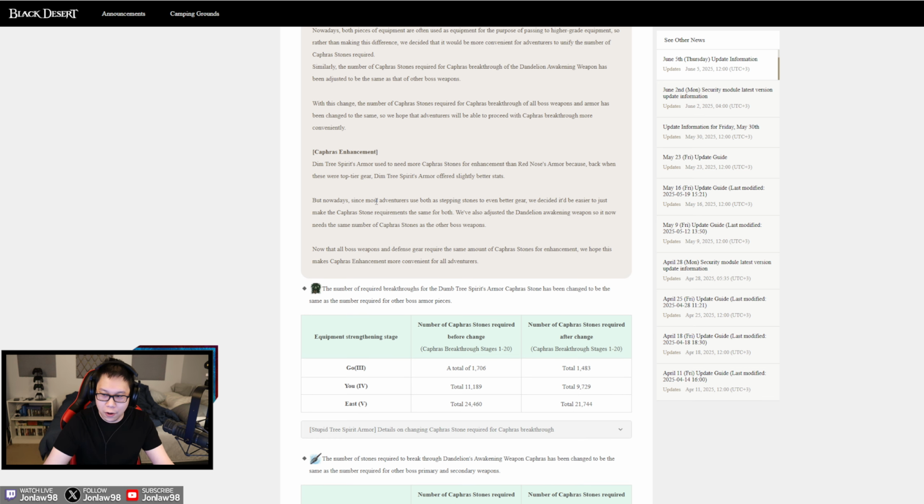But this should have been addressed when the first Fallen God armor came out, not years after the 4th one, which is Atoraxxion, at least on PC. So they've also adjusted the Dandelion Awakening weapon, so now it needs the same number of Caphras Stones as other boss weapons. Once again, a little bit outdated, but I don't even think that most players even need Dandelion in general, considering